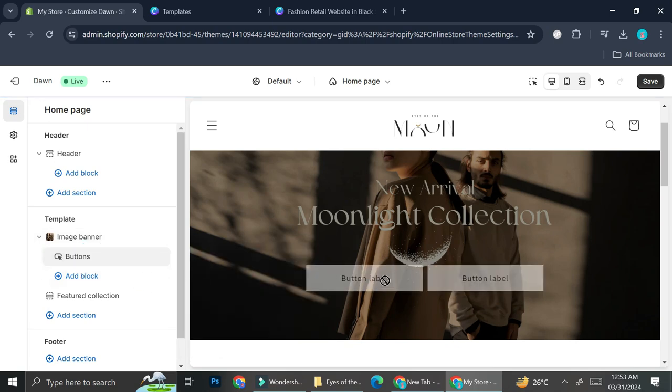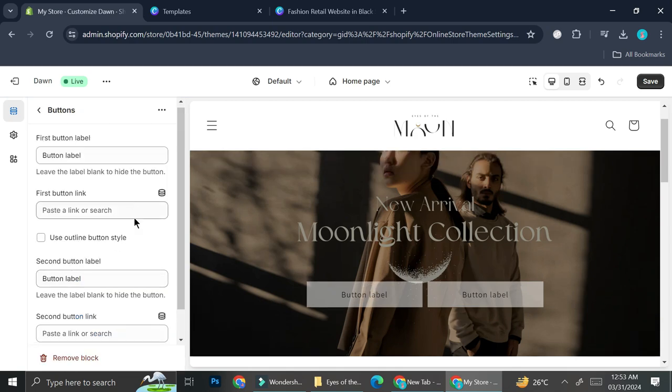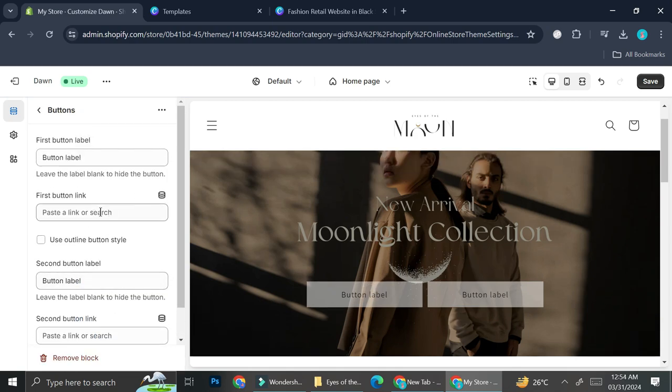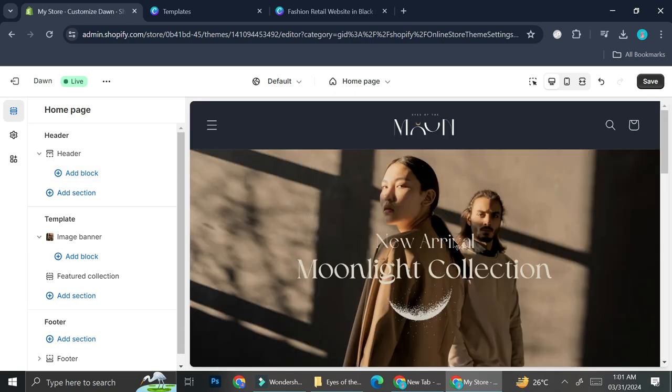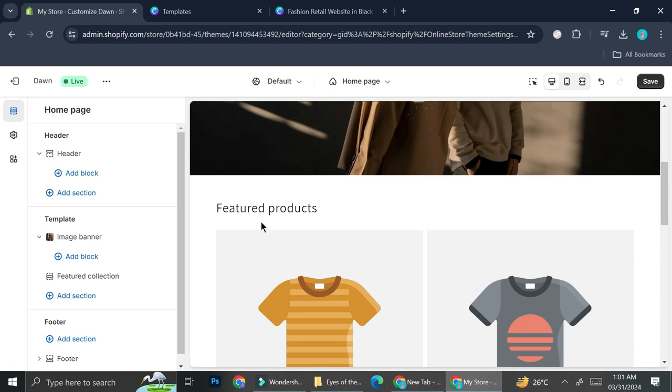Let's say you want to add a button. You can click on it and you can just put the link for the button that you want to put. I'm not going to use any button for now, so I'm going to go ahead and remove it. Alright, now that we're done with our banner, we're going to go to the next page, which is the featured